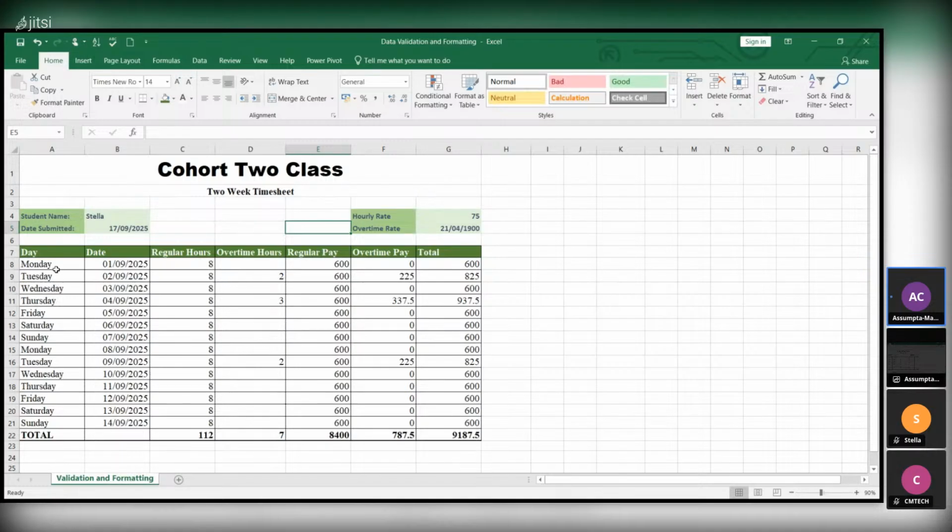Let me show you another example of format painter. Let's say we don't want borders over here again. So we highlight these two, and then we go over here and say we don't want borders, no border. If you click down, you see that there's no border for this place. So now we say, okay, over here we want this one to be